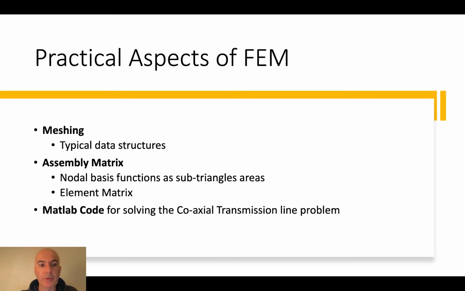And we're going to use the nodal basis function as subtriangle areas, and also we are going to look at a single component of a matrix, the so-called element matrix. We are going to study MATLAB code for solving the coaxial transmission line problem, that is solving the Poisson equation in the problem we saw in the